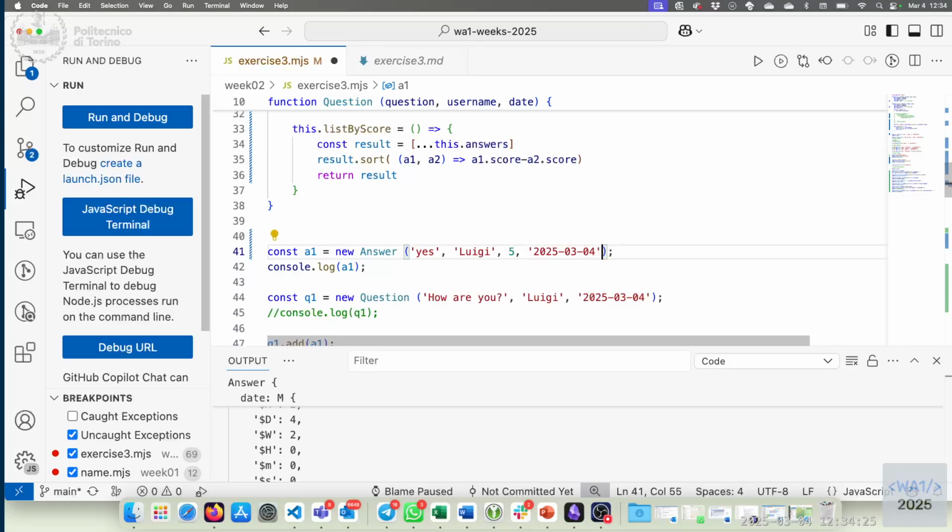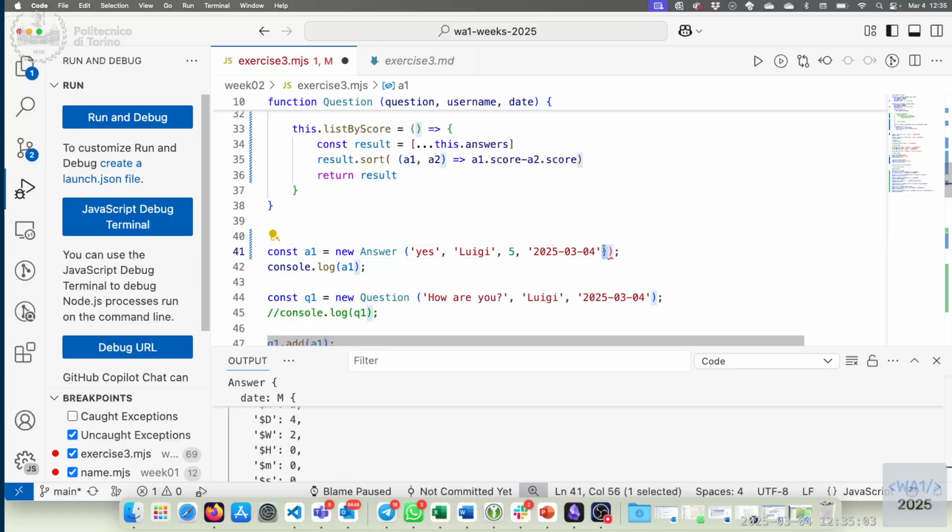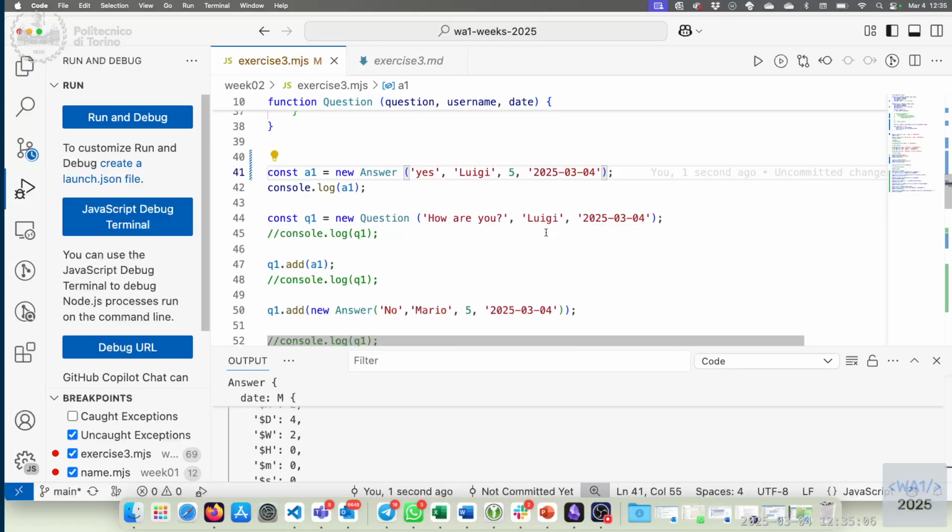Otherwise, I'm not responsible for the conversion. So I wouldn't know what is the comparison between this and this inside of the sort statement, how to compare them. We could also try it, but then we'll be importing date.js into the console. It would take time. So let's be sure first that all the elements are the same type,